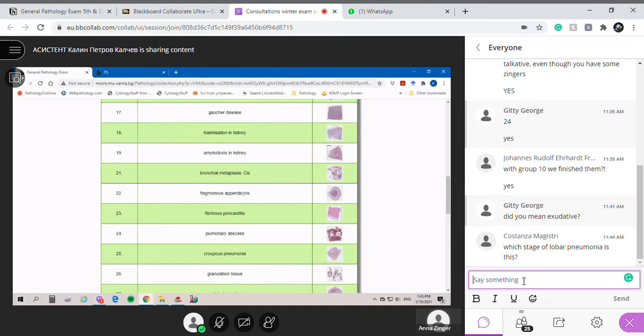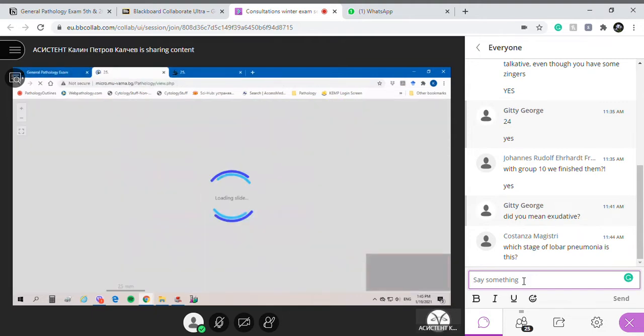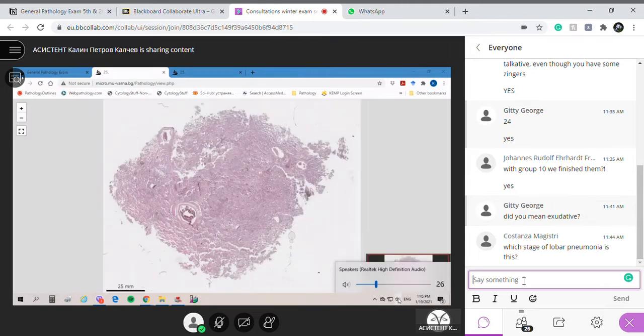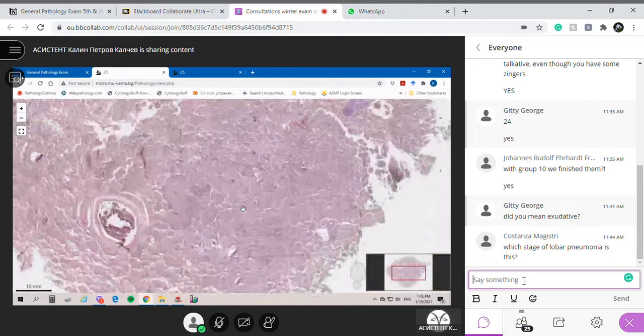Which stage of lobar pneumonia is this? Of the lobar pneumonia. Thank you, Anna. Okay, I will tell you now. I just can't hear very well. So, if you look at